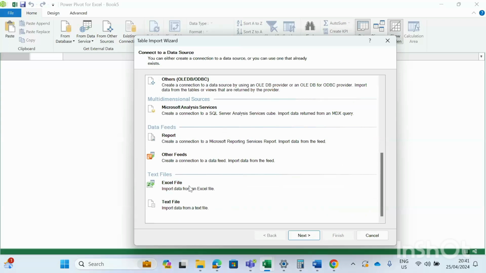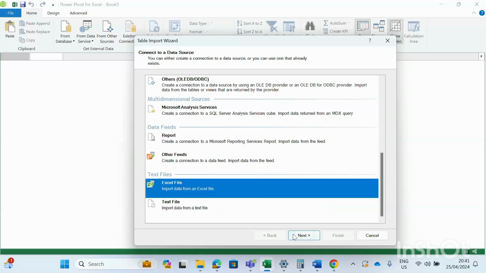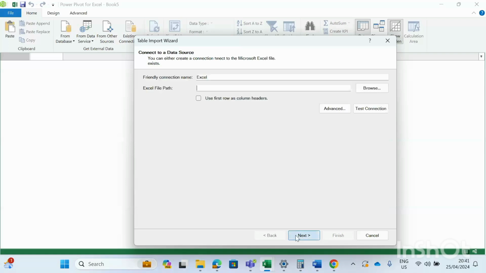So for now, our data is already in Excel. So what am I going to do here? I'm going to scroll down and choose Excel file. Then I say Next. Then Excel file path. If you have the file path defined, you create it here, but if not,